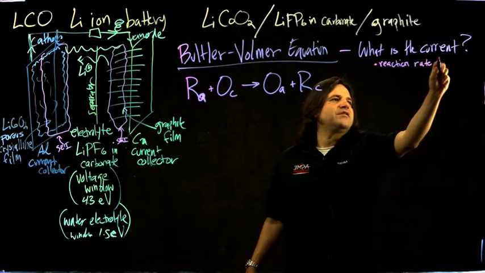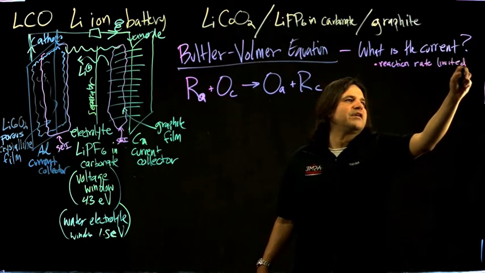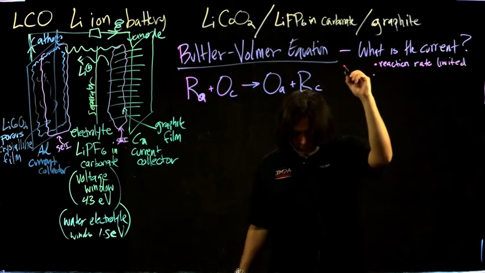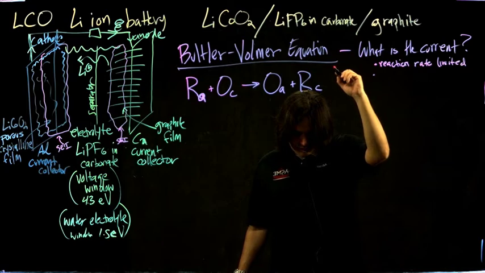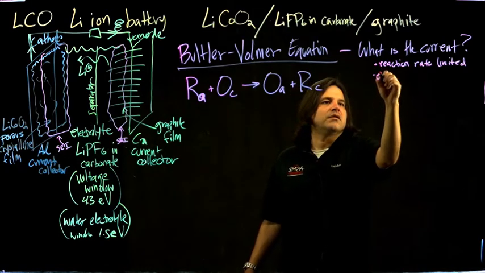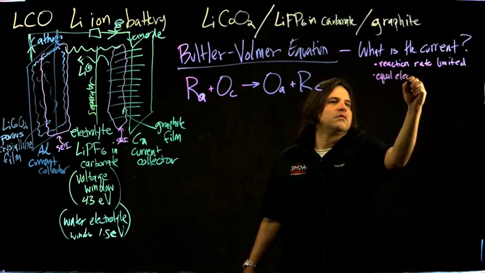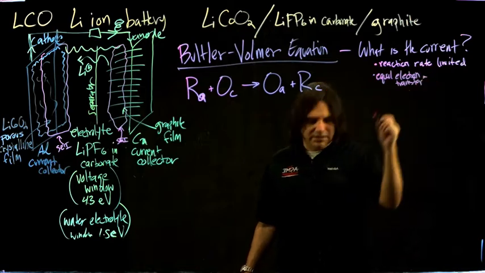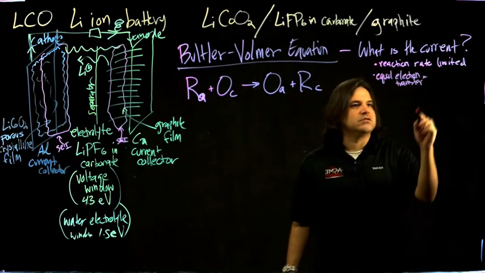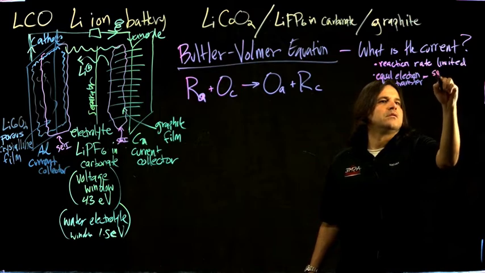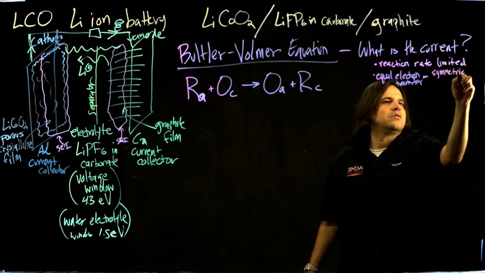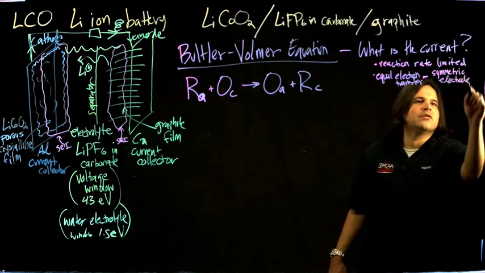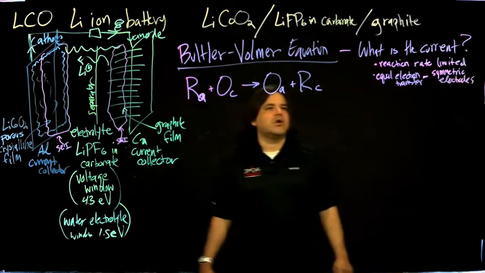The transport is fast enough, so you're limited by how fast the reaction is going to happen. And you have equal electron transfer. Another way of saying that is you have symmetric electrodes. The charge transfer is the same at the anode and the cathode. So under those two assumptions,